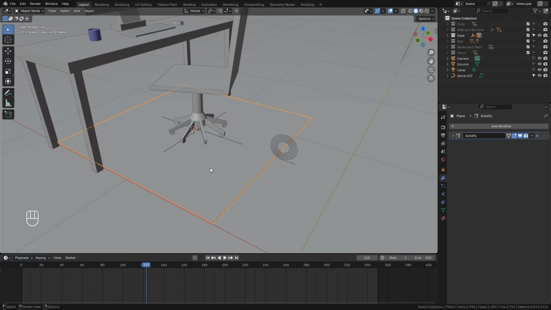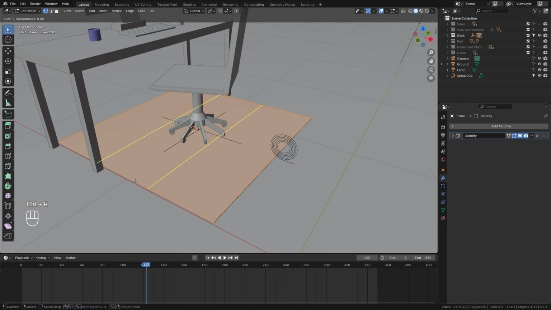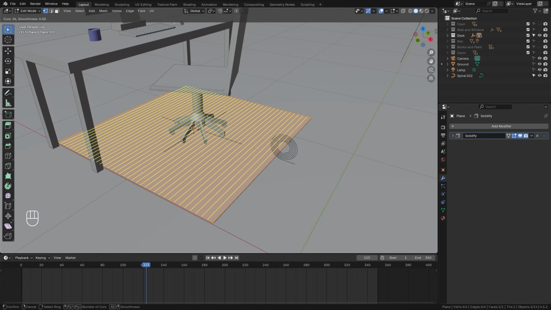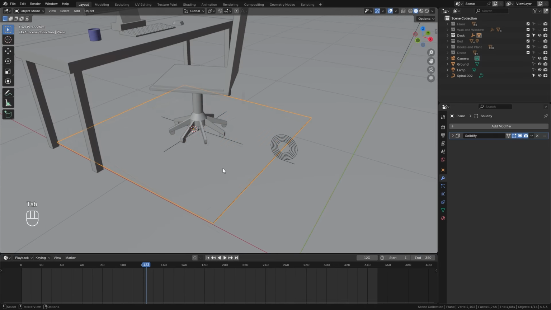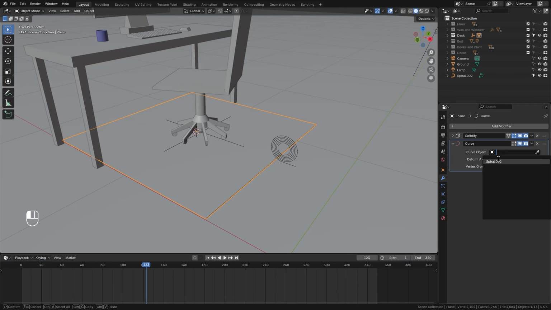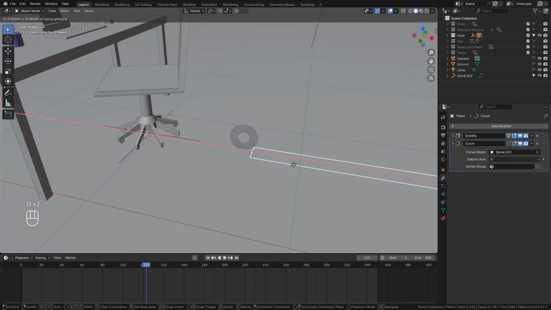Then with this object selected, let's go into edit mode. We first need to add in a little bit more geometry so it can rotate around the spiral. We'll press Ctrl R and add in a couple of loop cuts. Somewhere around there is pretty good. Then you can left click and right click. At this point, you can jump over to the modifier tab, select deform, and add in a curve modifier. For the curve object, of course, we're going to select the spiral. And now what happens is if we press G and then X, you're going to see it rotates along the